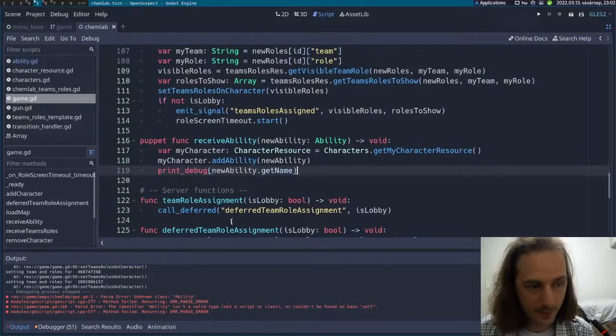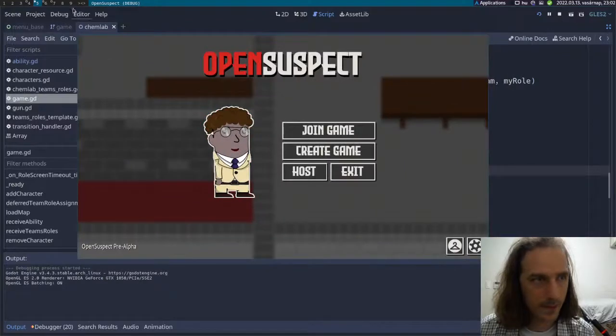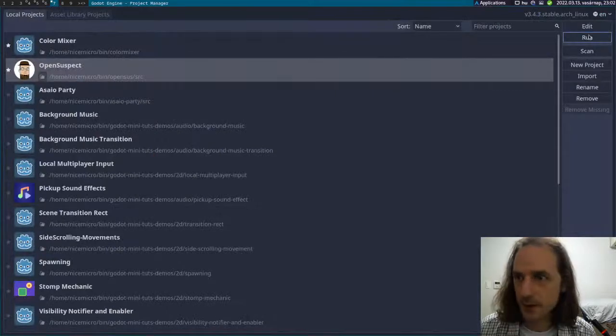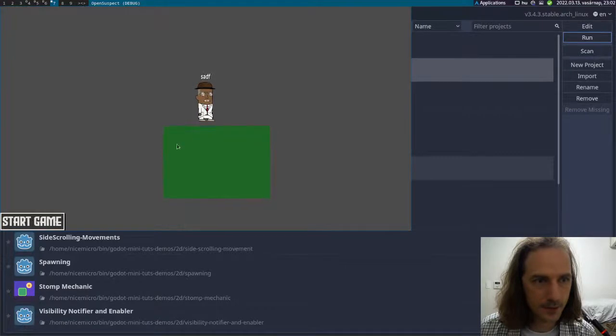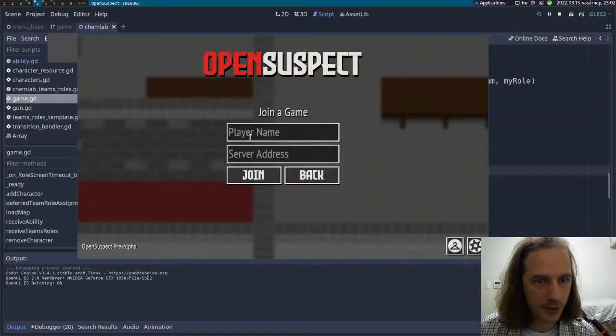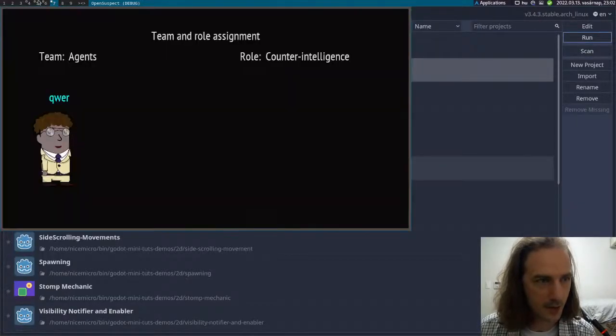So for that, I need to run here. And what else am I going to do? I need to run the server as a different instance here. So I run the server, I join the game here at localhost, and if I start the game here,